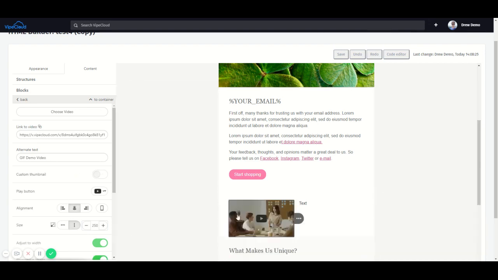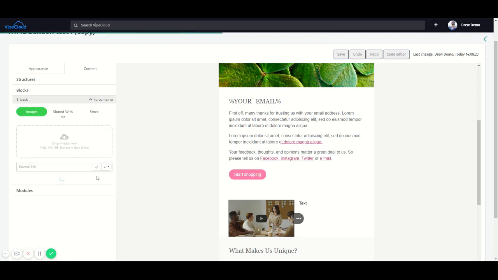I think there we go. So it looks like the play button actually stops the autoplay of the GIF. And of course, also you got custom thumbnails you can put in there. That's if you've got something that you want to have display as the thumbnail to draw the attention of your recipient. You can do that, and you can see right here, this is where you can drop images in,